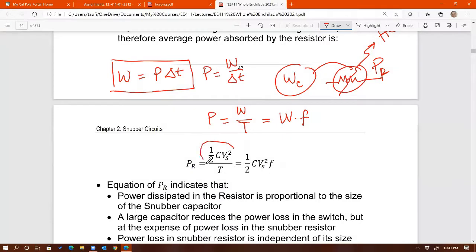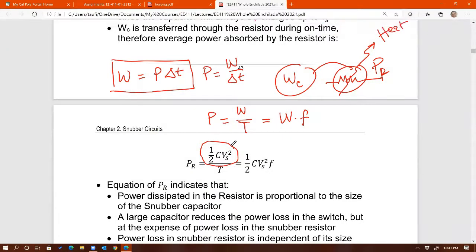Right, so that's the W from the energy stored in the capacitor that is now being used by the resistor, but then that would transform into heat. So therefore, per unit time, that energy becomes power loss, right? And 1 over T is equal to F, and so therefore, the final equation for snubber loss is 1/2 CV squared times F. So this is the same as P snubber,